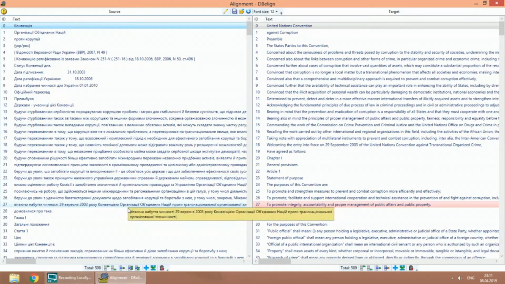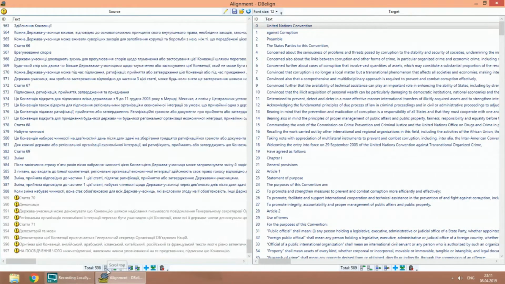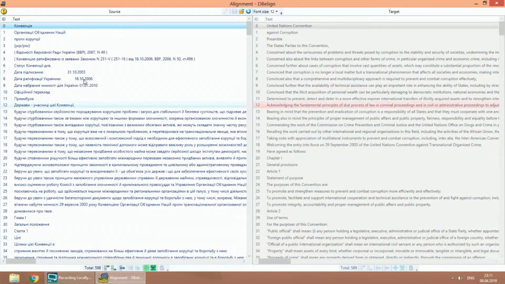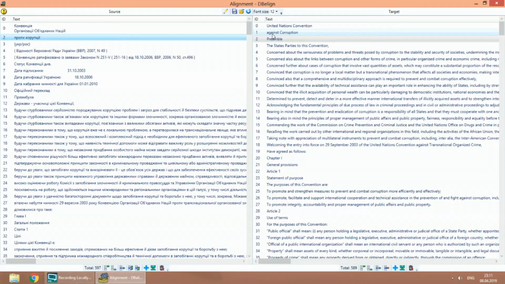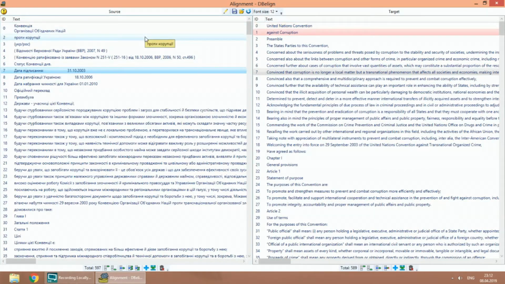Now I need to combine the first two source cells. In the bottom left corner you have tools for scrolling, massive assigning, combining, and deleting. When you click Combine, you select the cell that you want to be combined with the currently selected cell. If you need to change the target of just one source cell, you simply click the source cell and the desired target cell. Now, when I hover the first two cells, you see that their targets are right.